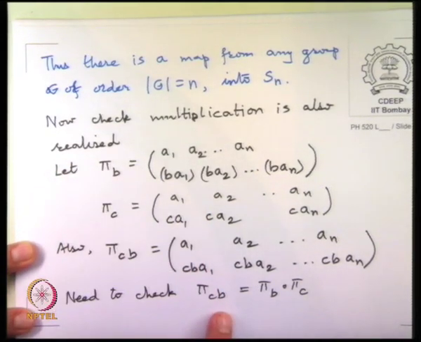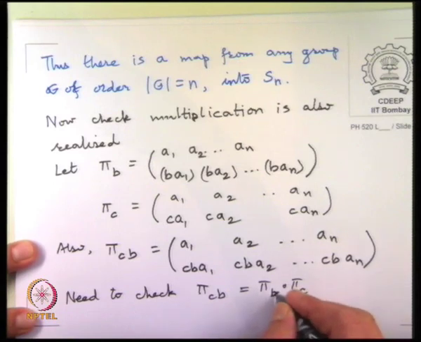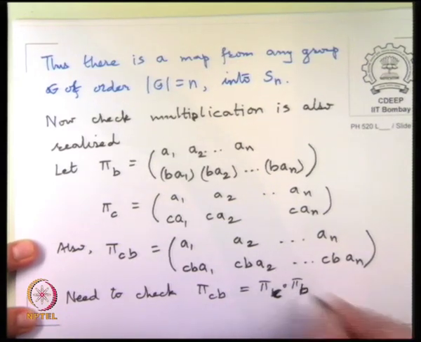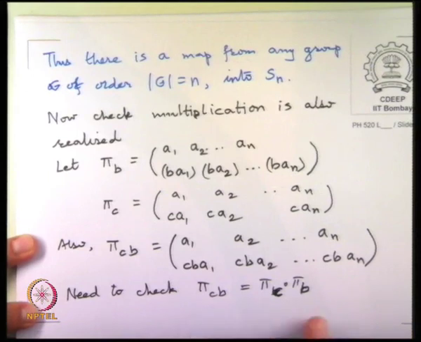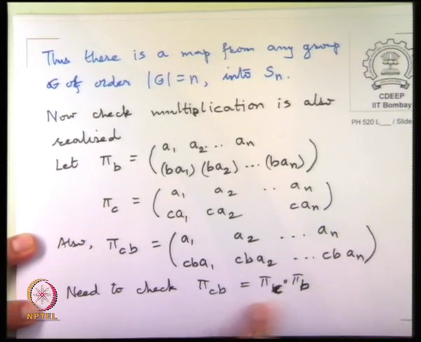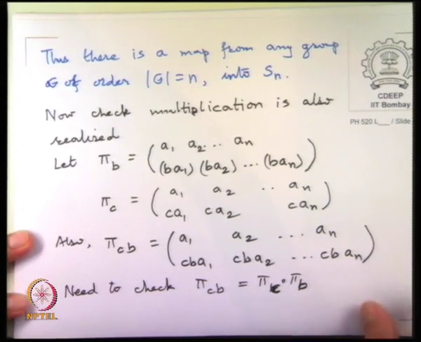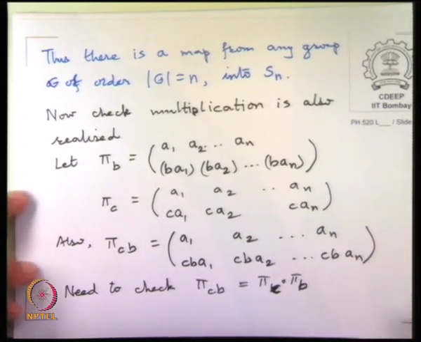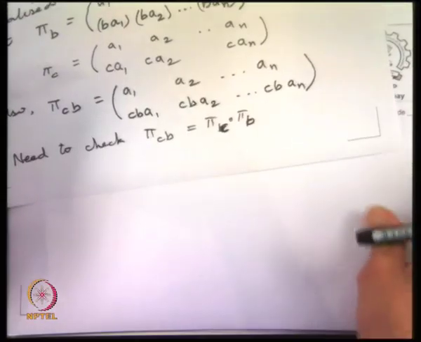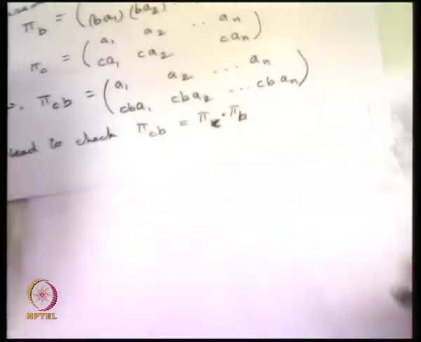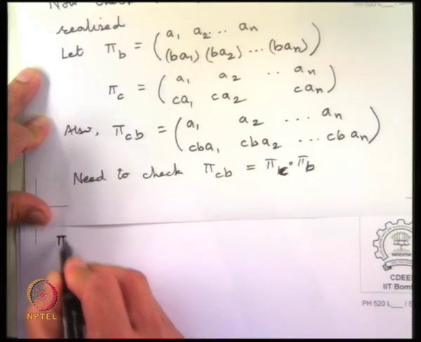So pi Cb we should have, so we have to multiply pi C times pi B, I'm sorry. Same order as this. So B will have to act first and then C, then we should reproduce the action of Cb on this. Now to do this we have to use the trick we had introduced last time for multiplication of permutations. So to calculate pi C times pi B,